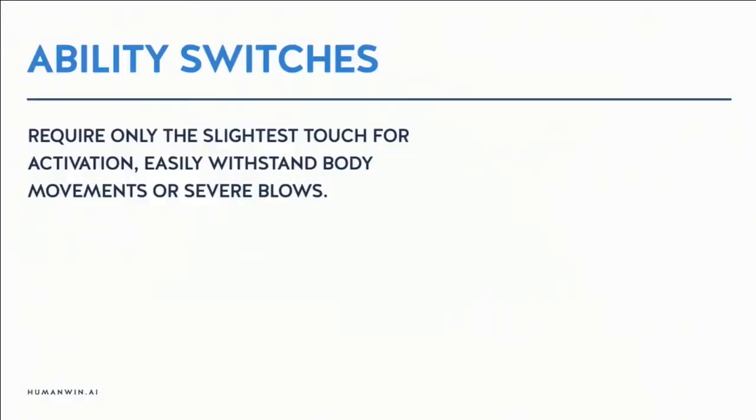So let's discuss ability switches. They can run the whole spectrum, from the slightest touch to a sensor to a severe blow, right? People who suffer from motor impairments can be very limited in their touch, but they can also suffer from knee-jerk or jerk reactions and sudden violent blows. And so these ability switches have that ability.